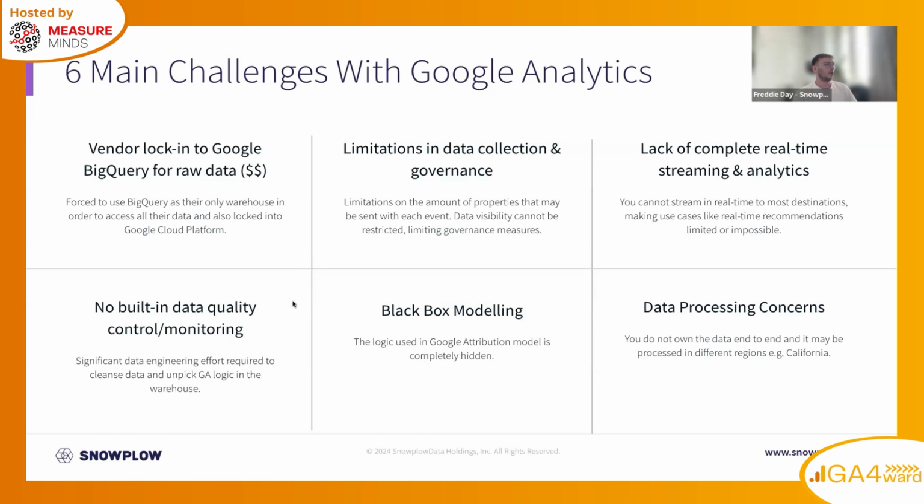scale. If we move further down, there's no data quality control and monitoring built into Google Analytics, and as a result, this means that if you've had tracking implemented in a poor quality manner, there'll be significant data engineering effort required to cleanse that data and potentially unpick some of that GA logic once the data is ultimately landed within